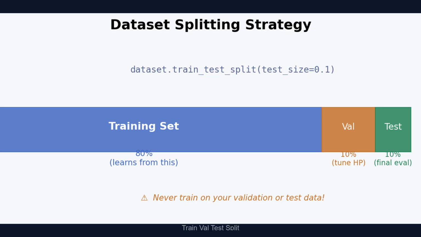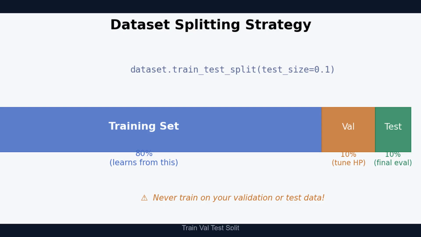This diagram illustrates the standard dataset splitting strategy for fine-tuning. The training set takes 80% of your data. This is what the model actually learns from. The remaining 20% is divided evenly. 10% for validation, used to monitor performance during training and tune hyperparameters, and 10% for the test set, held out